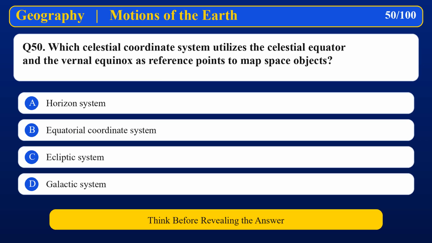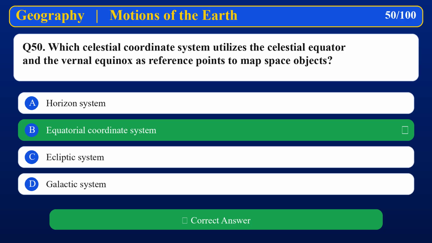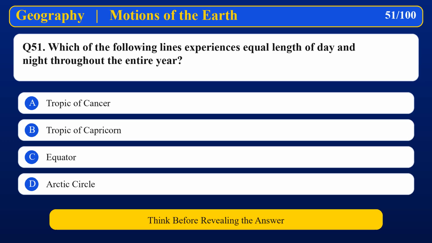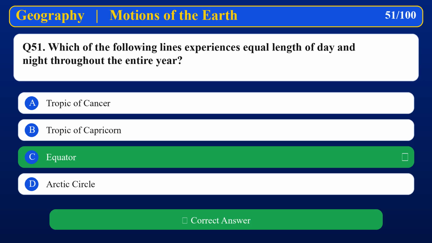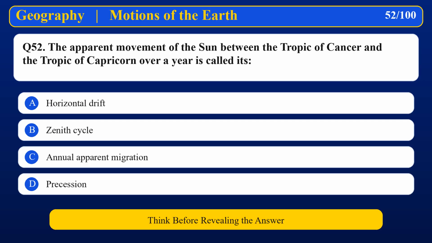Which celestial coordinate system utilizes the celestial equator and the vernal equinox as reference points to map space objects? Equatorial coordinate system. Which of the following lines experiences equal length of day and night throughout the entire year? Equator. The apparent movement of the Sun between the Tropic of Cancer and the Tropic of Capricorn over a year is called its